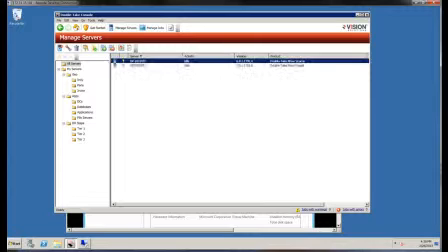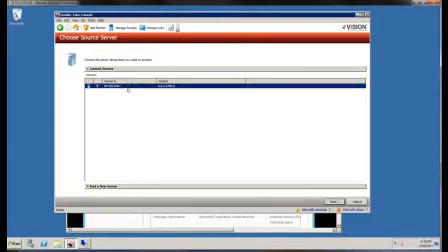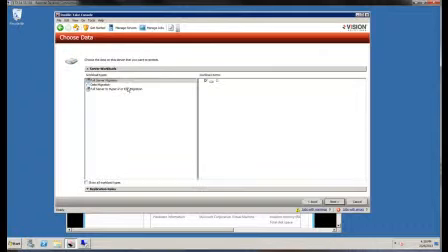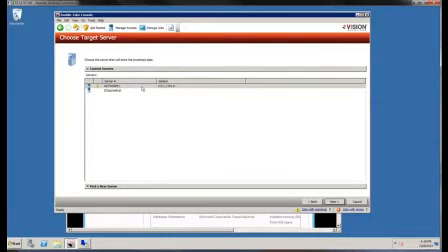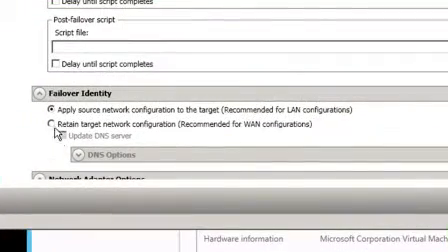So I'm going to go into the Double-Take console now, and I'm going to go ahead and start up a Double-Take move job to migrate that virtual machine from VMware. I'm going to select full server migration, and then I'm going to select that Azure target virtual machine. I'm going to select retain network